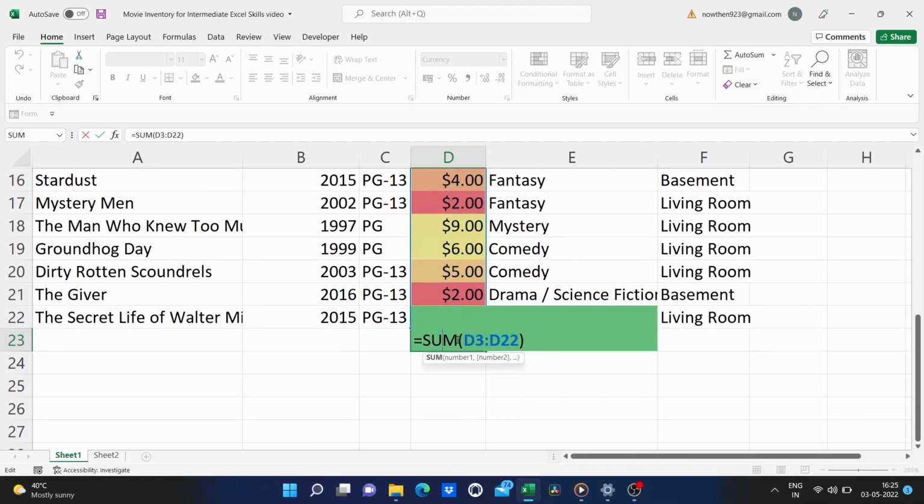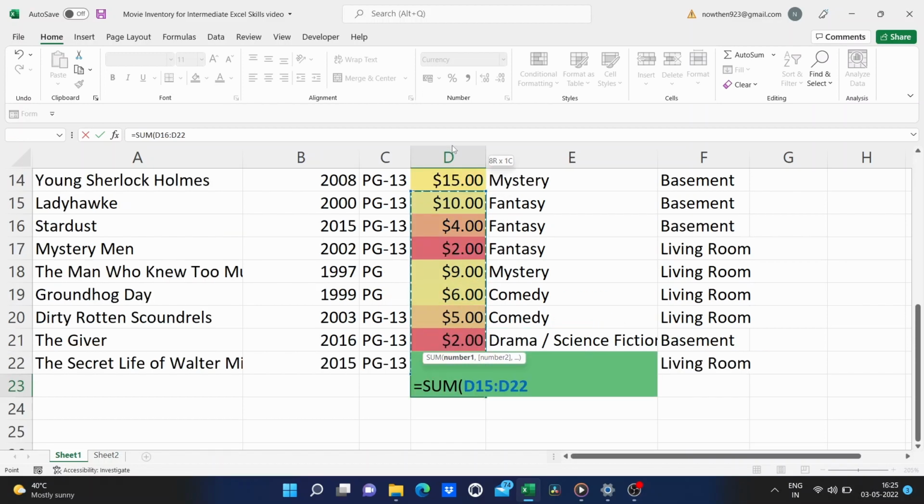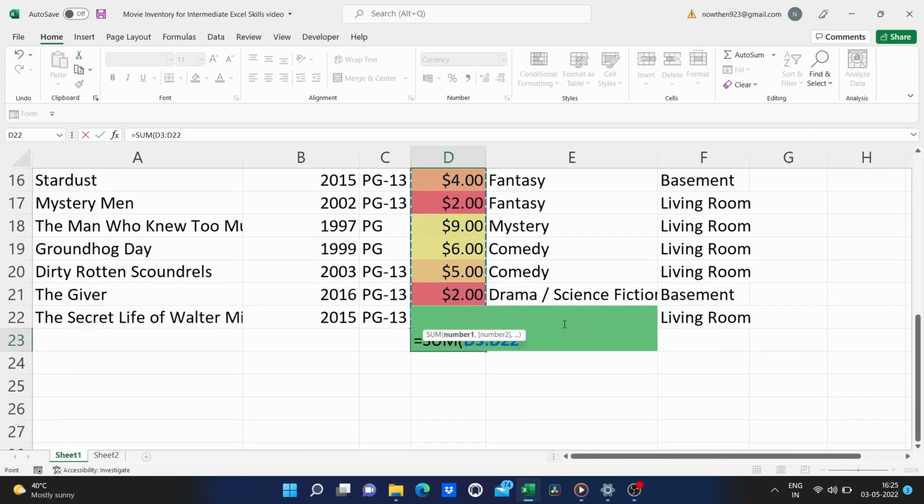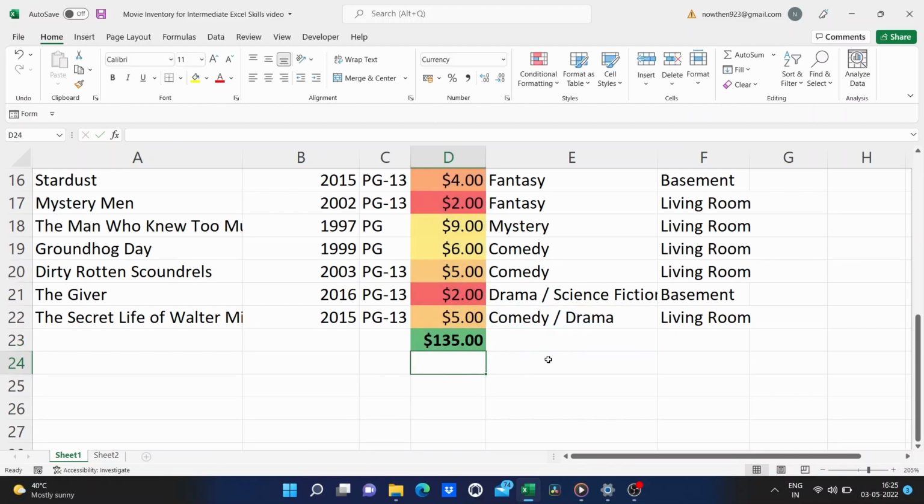Now let me show you an alternate way. The way I just showed you is one of the nicest, quickest ways to do it, especially if you have a giant spreadsheet. But there are a couple of other ways in addition to typing in the range. I could just move my mouse up to the top, click, and drag with my mouse on the range that I would like it to add up. And then just tap return, and you get the same results.